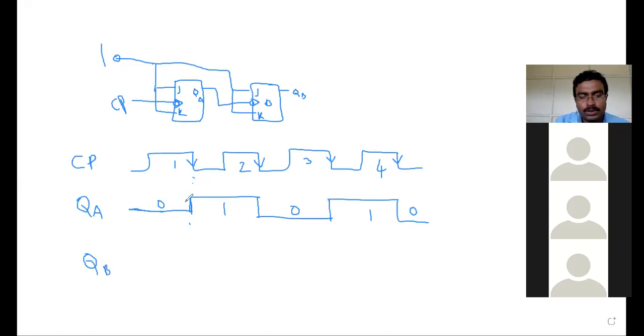Okay, students, look here again to decide what will be my output. Now you already know what will be your inputs. Inputs are always JB, KB at 1, and I need to design QB here by considering this QA waveform as my clock pulse. Again, I'm considering negative edge triggering here. So find what negative edges you can see here.